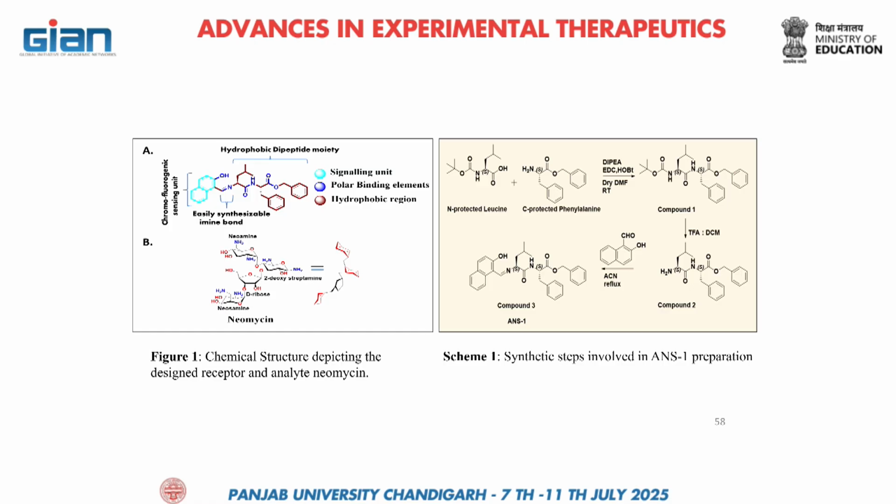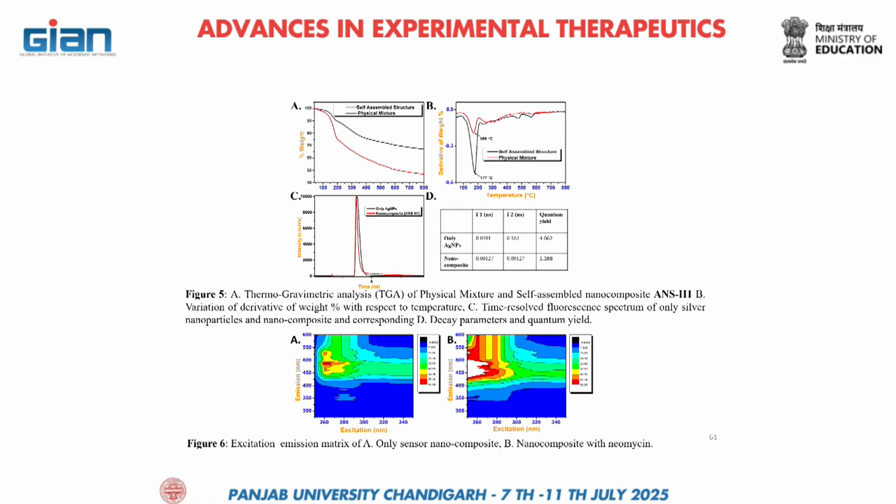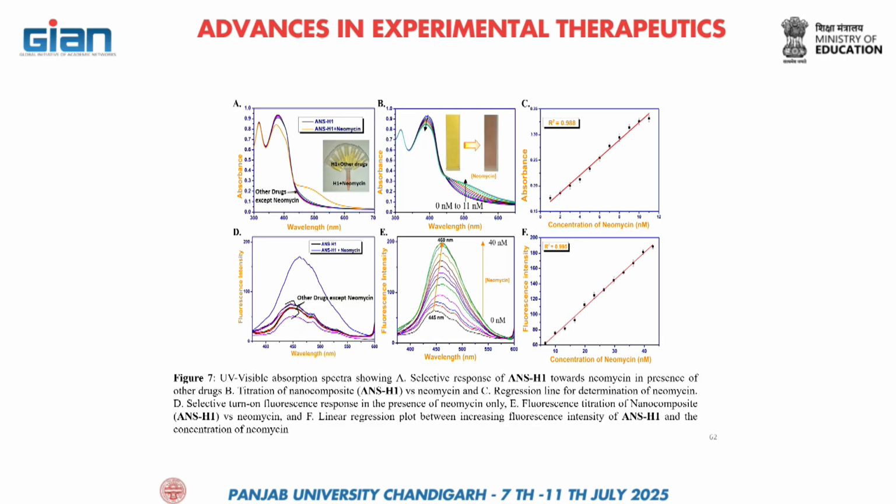In the neomycin again we have hydrogen bond donor, hydrogen bond acceptor. If you want to know the synthesis, we take N-protected amino acid, and after that we react with the protected phenylalanine, and we got the product. TFA is utilized to break the Boc, otherwise it was a Boc protector. To break that Boc, we used the TFA, and after that we did this amine linkage synthesis, we got the final product. Now directly you will see if I show you over here, after that when we were interacting with